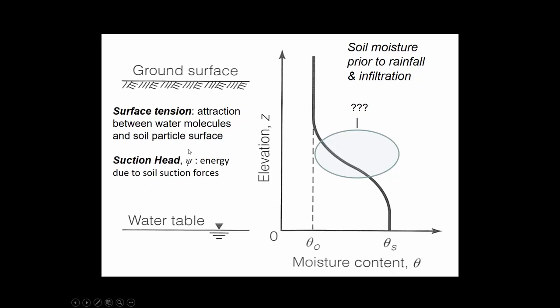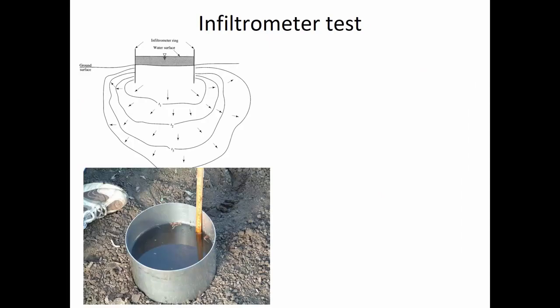And the way that we measure that tendency for water to penetrate quickly, remember, is the suction head psi. And that can be measured in terms of centimeters of water of suction. And one of the ways to measure that is with an infiltrometer. An infiltrometer can be as simple as just a ring of metal that you fill water into, and then you measure, like with a stopwatch and a ruler, how quickly the water decreases in height as it penetrates down into